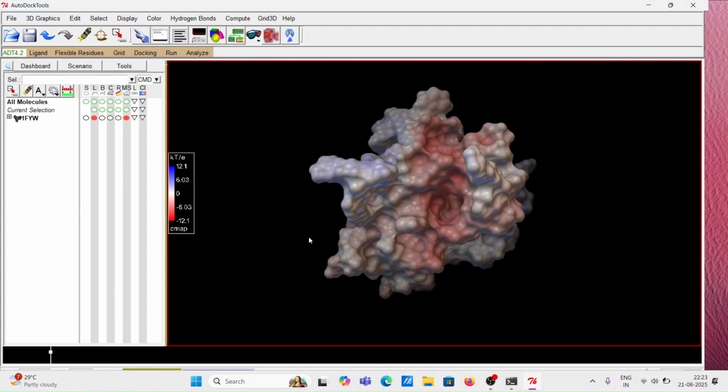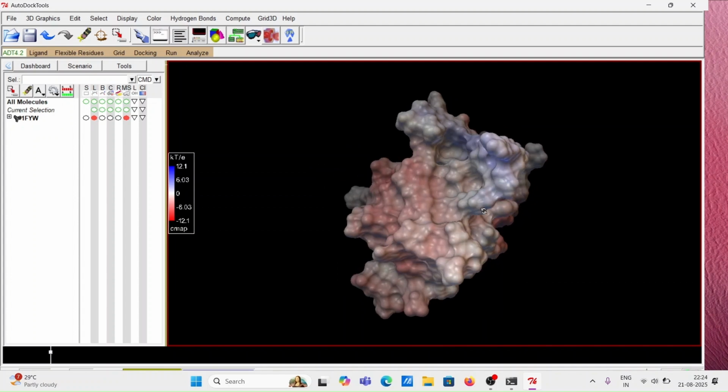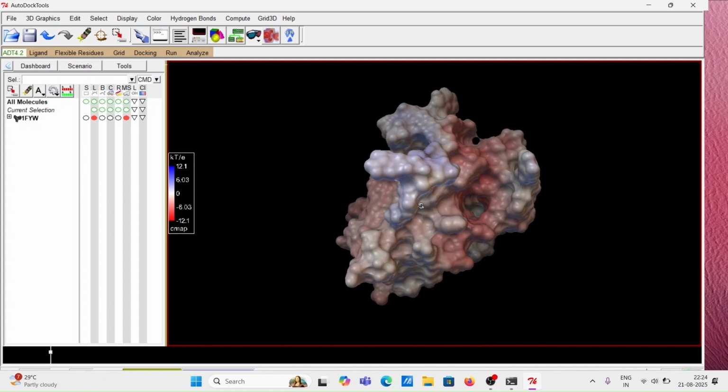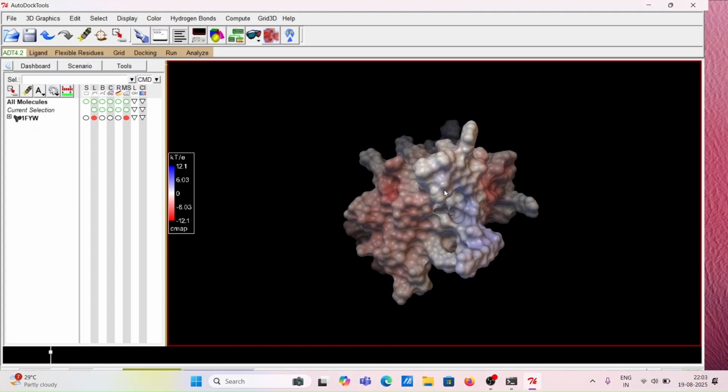Now that the surface of the protein has been analyzed, we can also cut through the protein to look for residues that are responsible for a particular property that we are seeing. For example, if we look at this groove, we can see that it is containing a negative electrostatic potential. So we can also find out what are those residues that are giving it a negative electrostatic potential. To perform that, we will go to Tools,